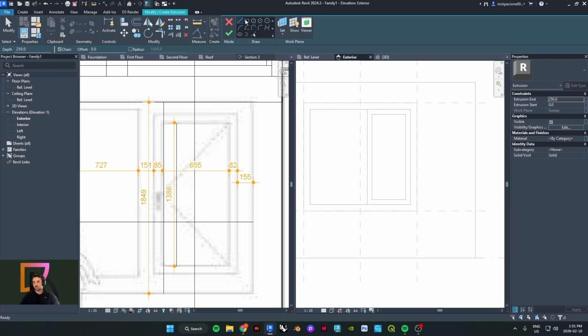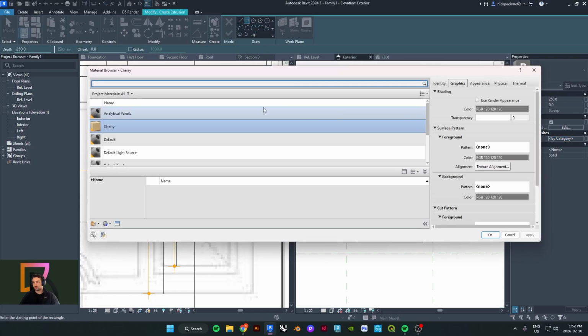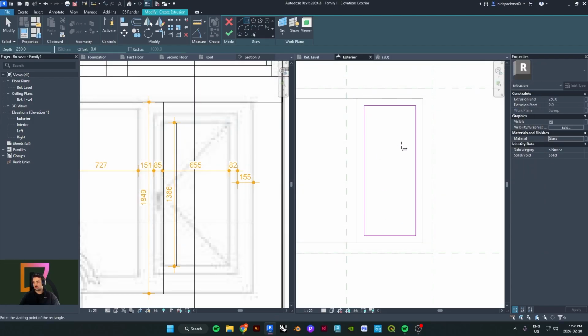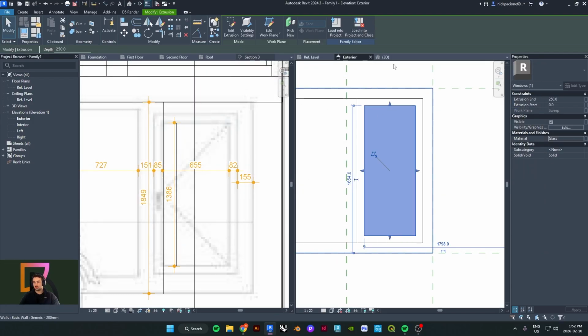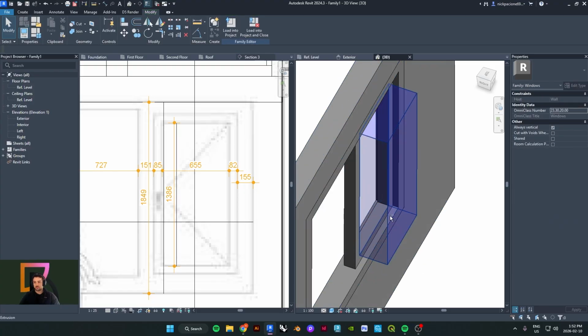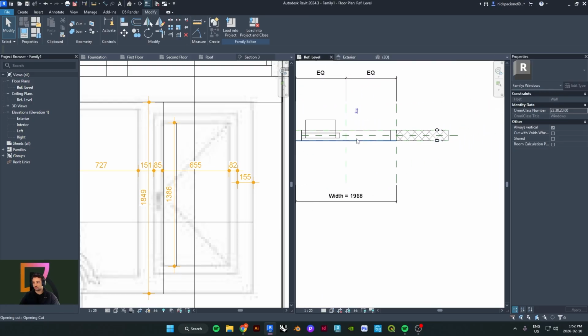I'm gonna go into exterior view and then just take a rectangle and click, and I'll lock these parameters, and I'll assign the material to glass, hit apply, and then finish. And then in the 3D view, because this is not the right size right now, we're going to go into the reference plane view, and